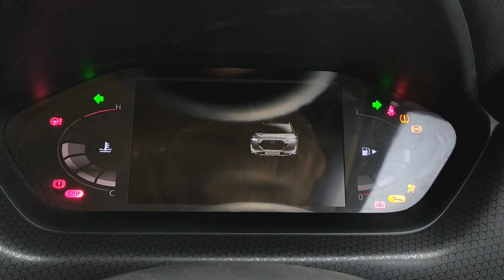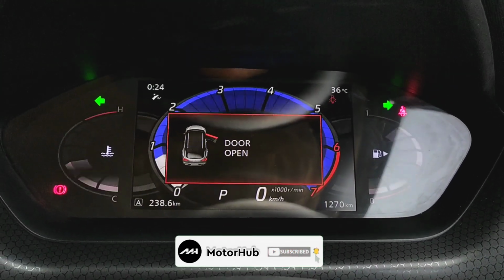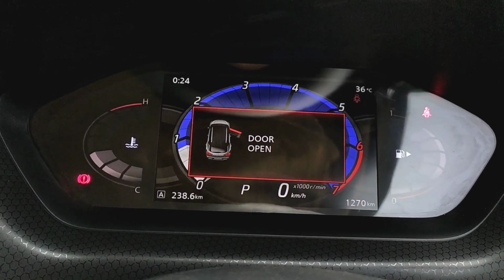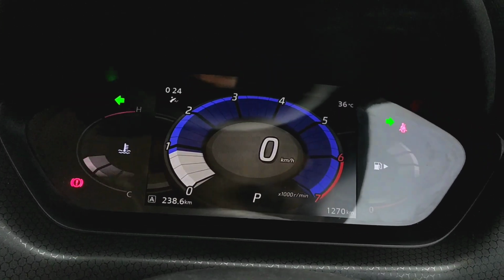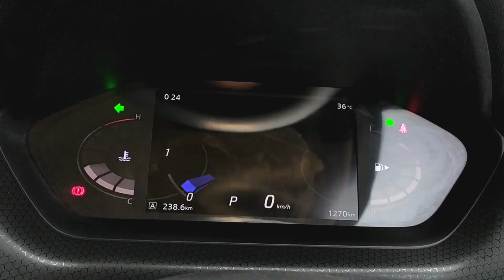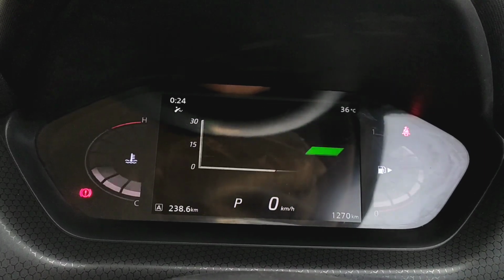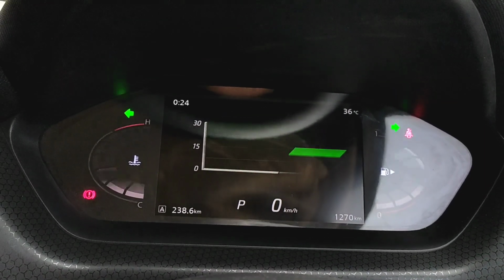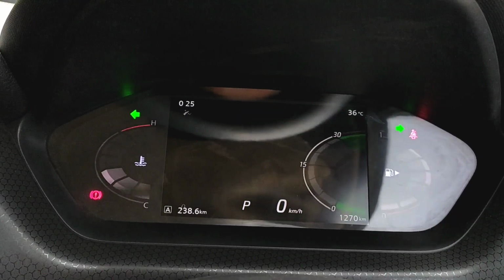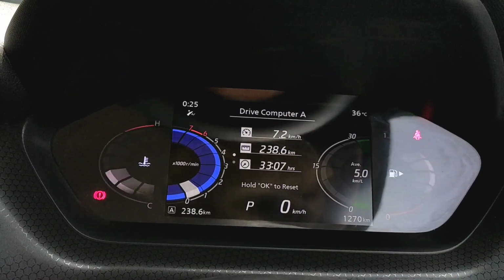Turning on the ignition, it rolls to life with quite a bit of vibration, and it does a full swipe of the instrument cluster and greets you with an animation. It gets a 7-inch TFT display in the middle with engine temperature meter to the left, tachometer in the middle and fuel meter to the right. It also shows the exact door open in the middle. You get the speedometer, tachometer, gear position indicator, odometer, trip meter, outside temperature and time. It also shows fuel economy and fuel history, twin trip meter statistics, tire pressure,